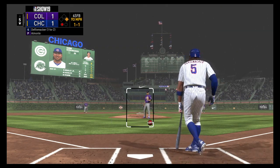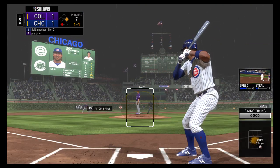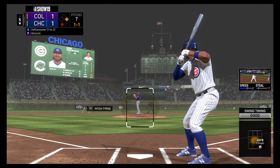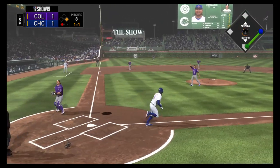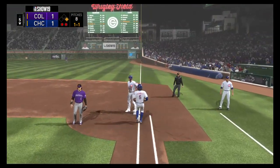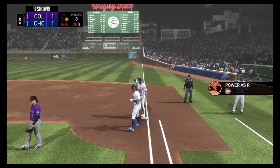Swing and a miss as he ramps up on the fastball. 1-1. Almonte, a native Floridian. He was a 17th round pick during the first-year player draft of 2012. Hey, this guy's got a chance to be an absolute steal. Being drafted where he was, there are definite signs that he has a chance to make an impact at the big league level. And he'll stay with it to put it away as they get their...